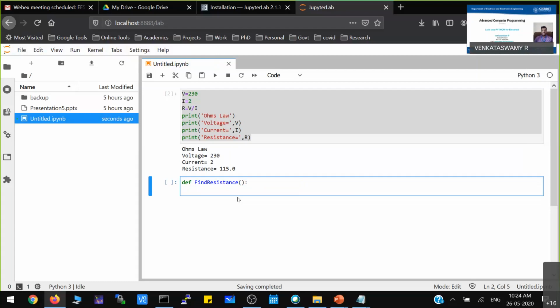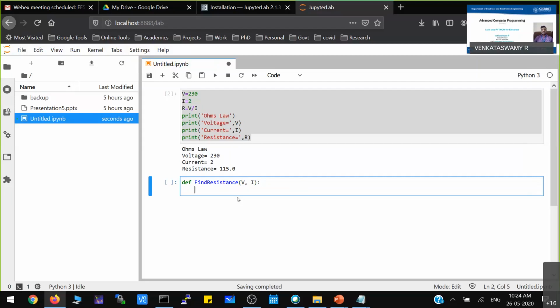Now you see here, I want to pass two parameters to this. What are those? Voltage and current I need to pass. You have to use comma-separated parameters to pass any parameter to a function. After the function name, inside the brackets, you have to specify all the parameters you will pass.